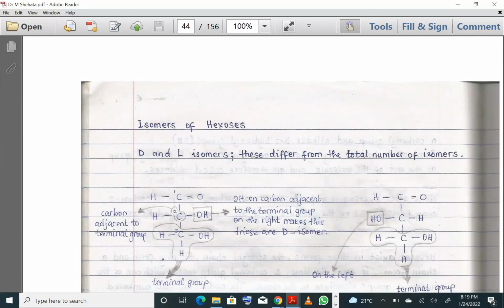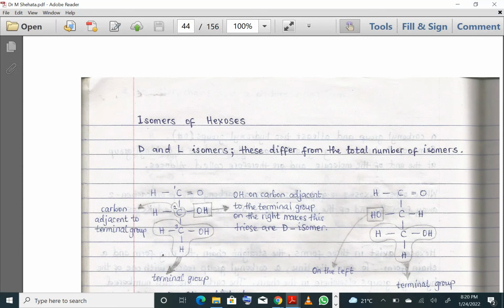So you can see there on the left, that's the carbon number 2. Now we go to the last part, where we ask ourselves: on which side is it? Is it on the left or the right of the carbon? If it's on the right of that carbon, which is adjacent to the terminal alcohol group, since the hydroxyl group is on the right of that second carbon in this case, then that's going to be the D isomer,